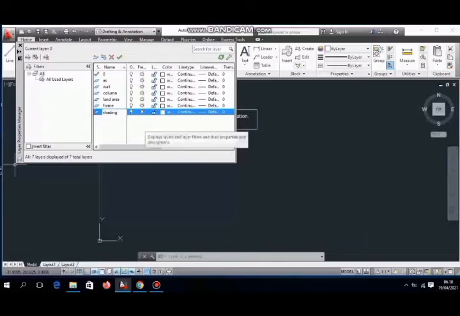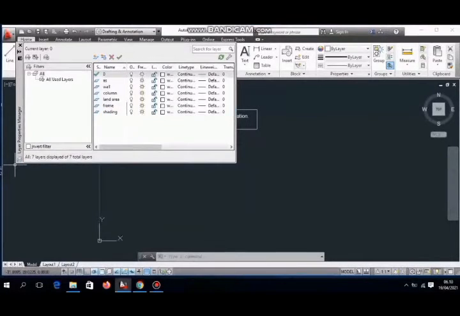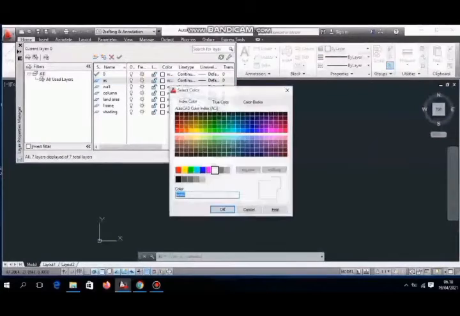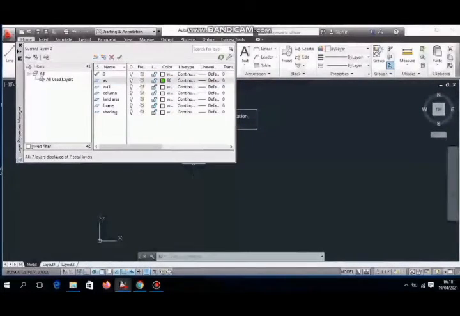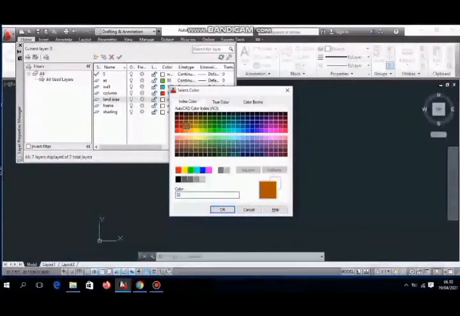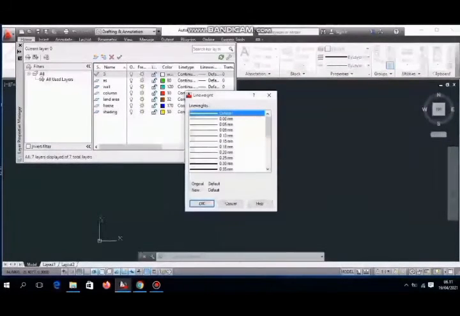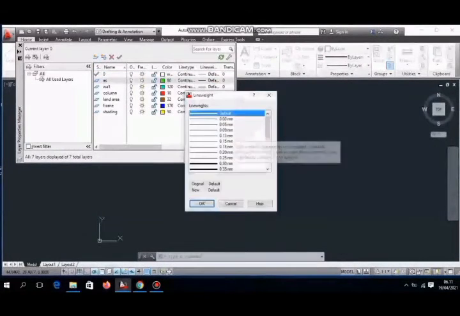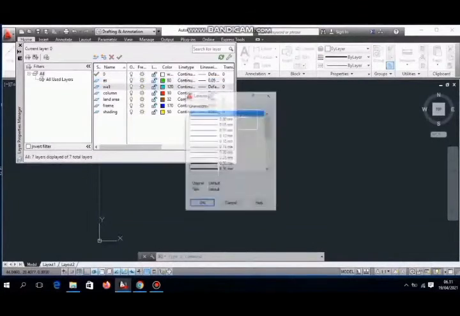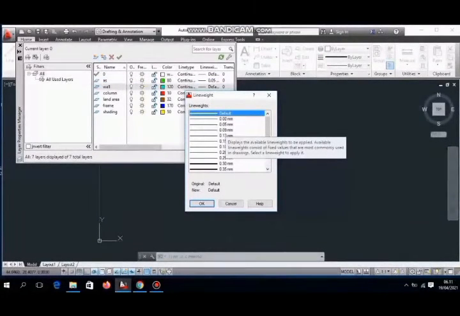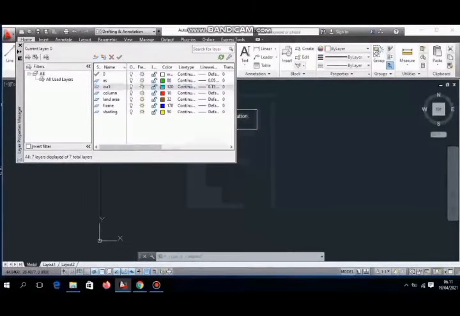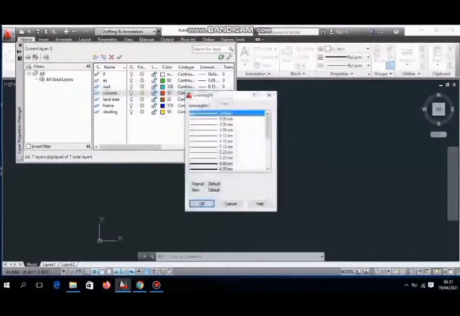Next, we set line color for each layer. Next, we adjust the line thickness. Okay, after that we start making the plan.